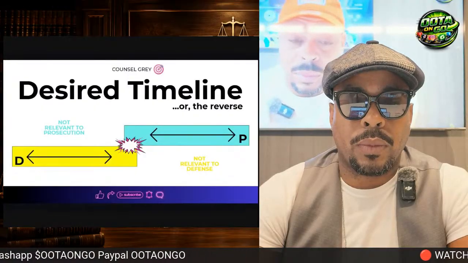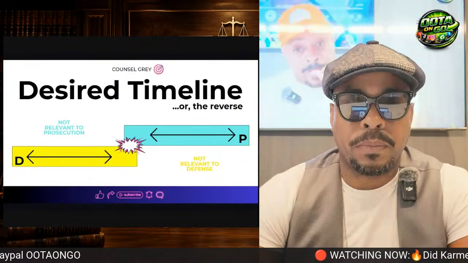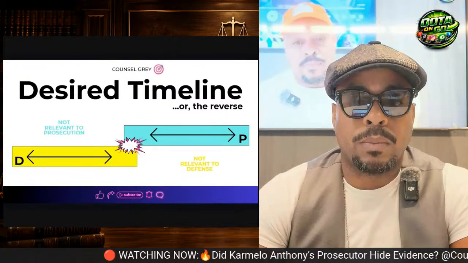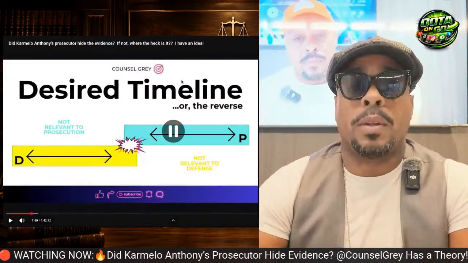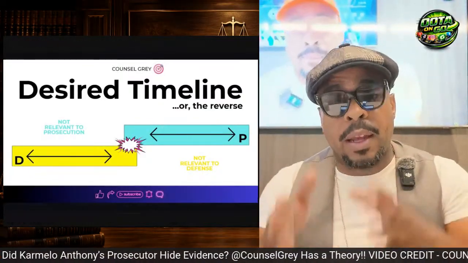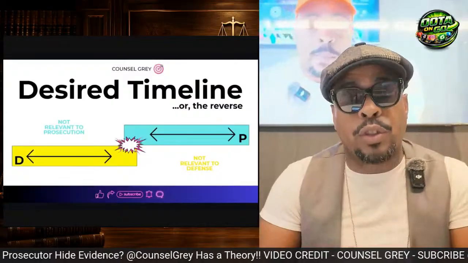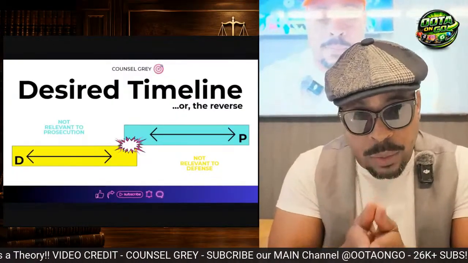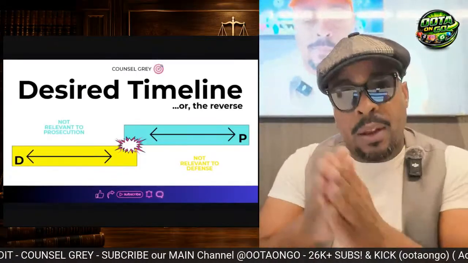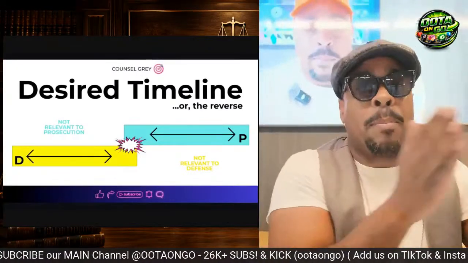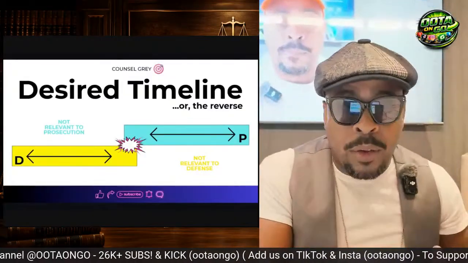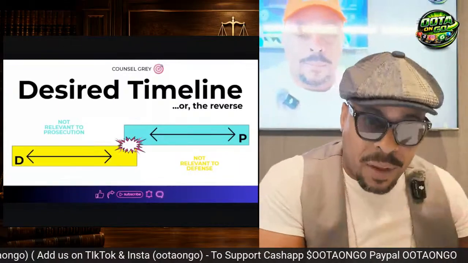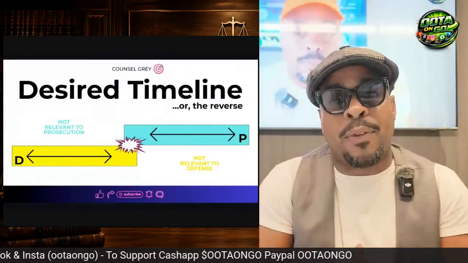The job of each party is to narrow the focus of this whole long timeline of events. The defense worries about from the event and then the past and prior. The prosecution is worried about from the event and forward. That's how that works. It all starts from the event. The defense is going into the history of the Austin brothers. Who are they? Were they good kids? All of those things, that's up to the defense.